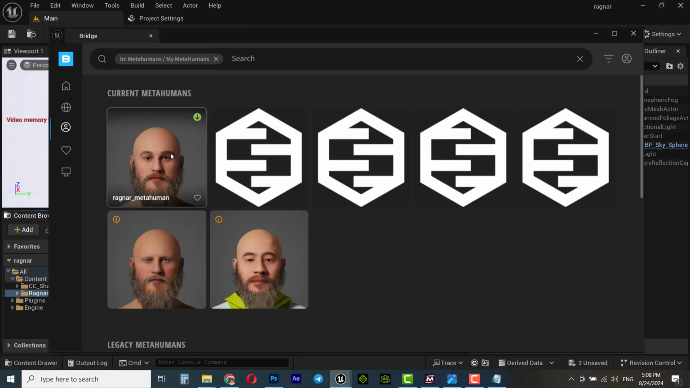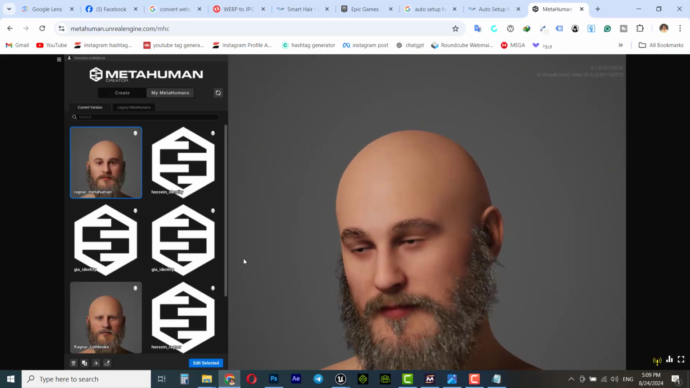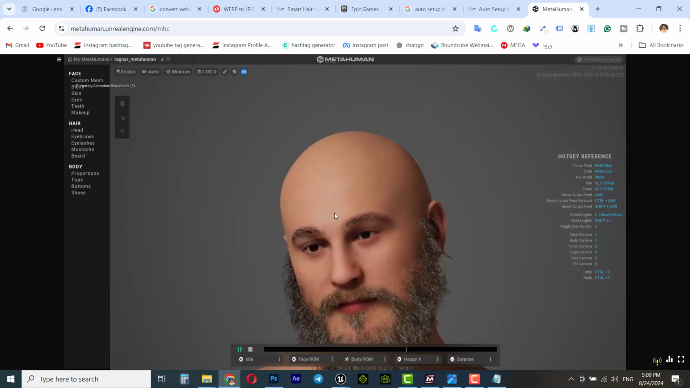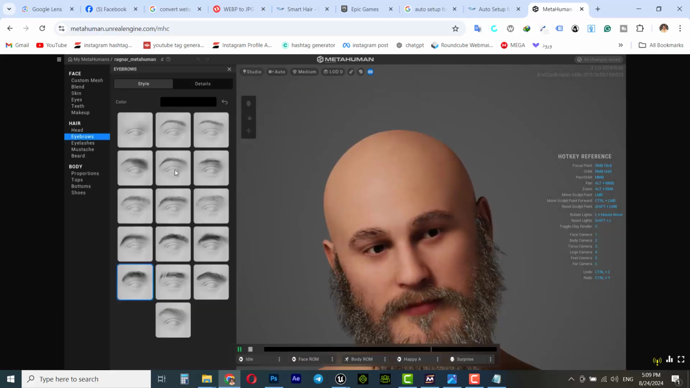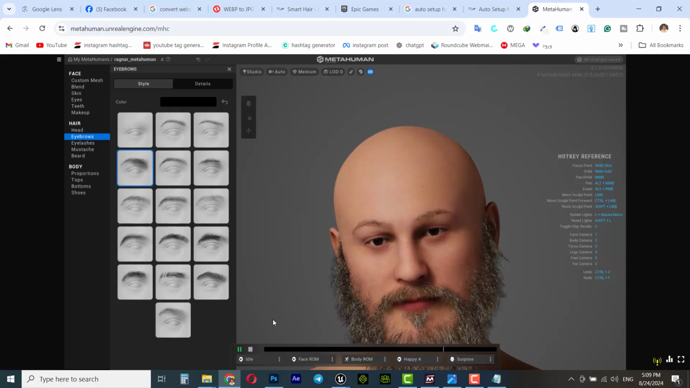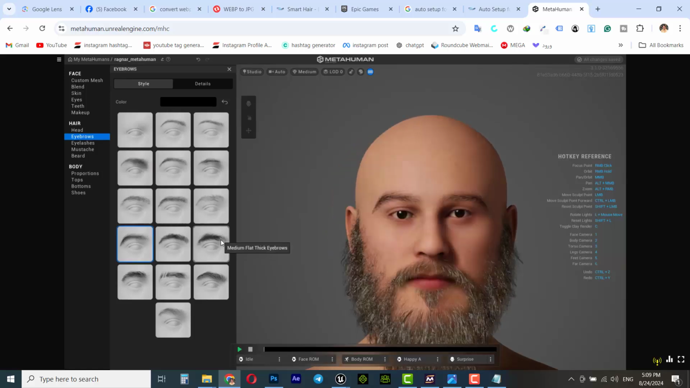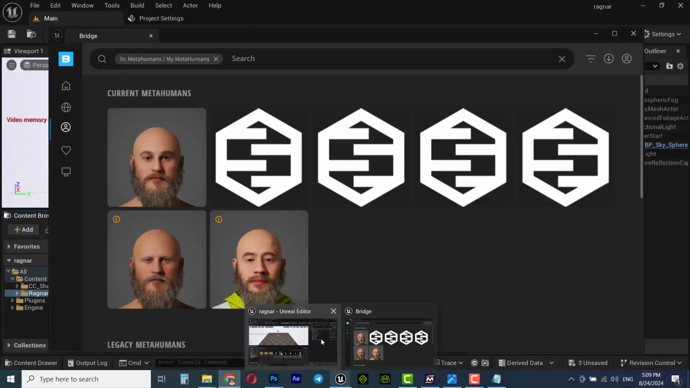You see this Ragnar MetaHuman? This is the one that I created before. As you can see, the mesh is the same, but the eyebrow is different, but it doesn't matter. You can change it whenever you like. Just go to the MetaHuman creator and eyebrow section, select the one you like. I selected this one,